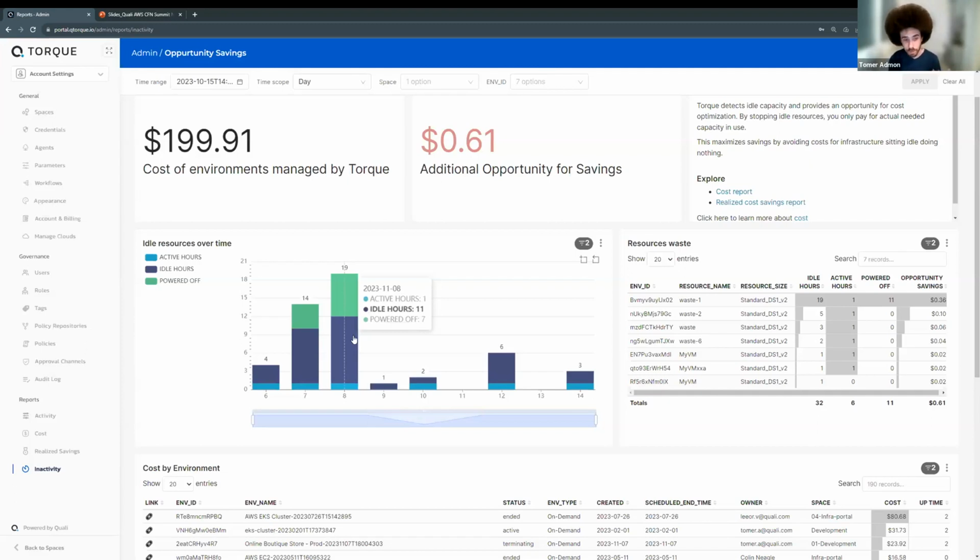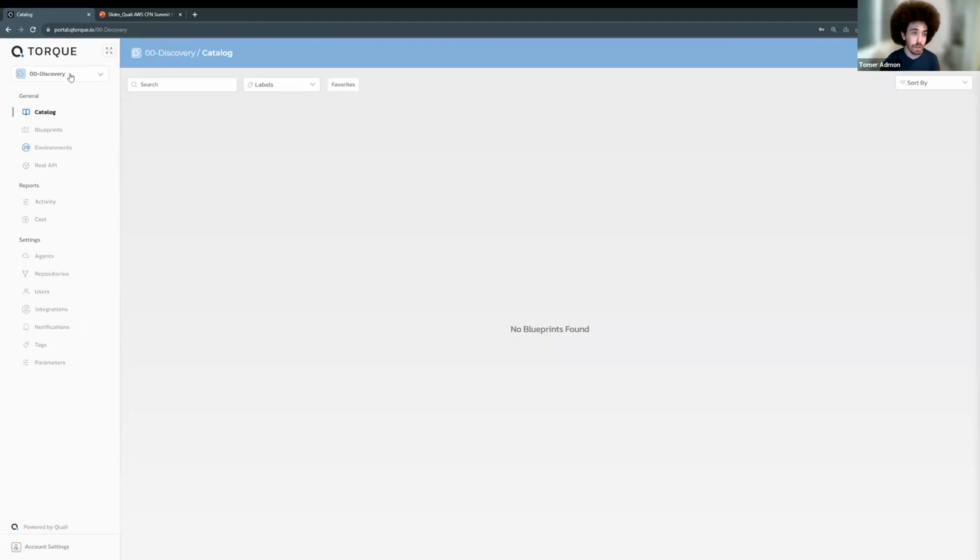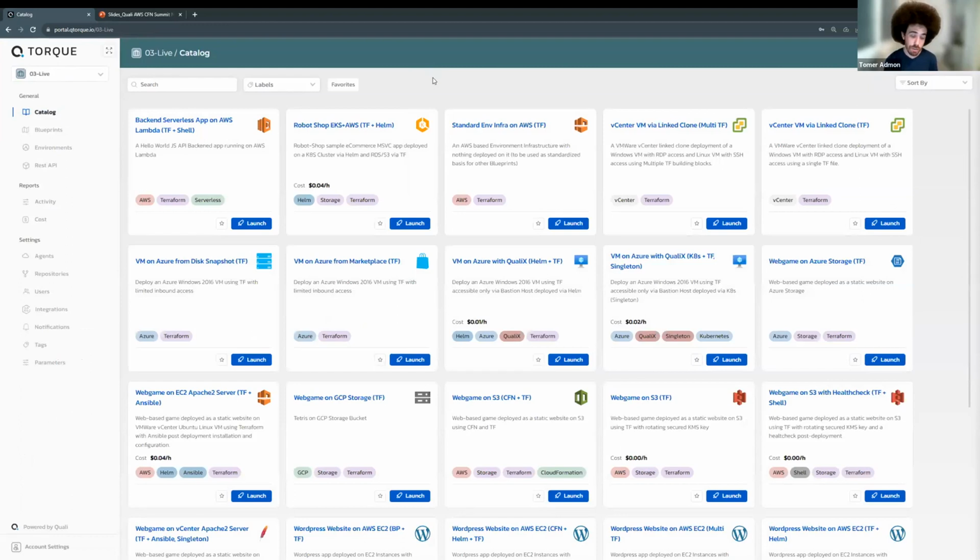Now, we provide you with the reports to highlight the opportunity, and then also the way to operate versus that opportunity to basically reduce your cloud spend. So this entire system, or this entire section about cost, we're really talking about cloud efficiency. And obviously we can apply that to your on-prem environment, and you can see some on-prem deployment blueprints here.